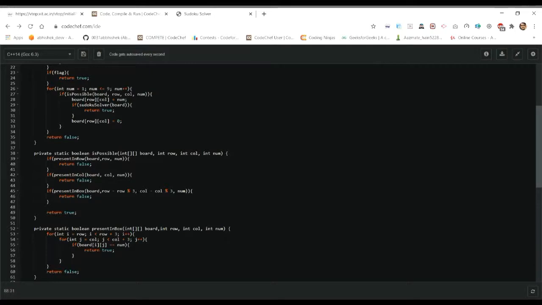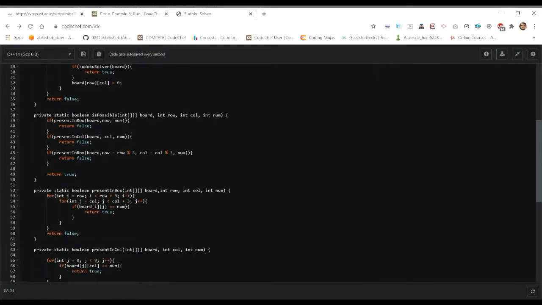And if we want to give the user an input, suppose a user input n as the number of rows and columns of a square grid, basically we'll try to reach 3 by 3. So we'll take a modulo of that. Here we are taking 9, so the square root of 9 will be 3, so I will subtract row modulo 3 from row and column modulo 3 from column. So it will check that particular grid.